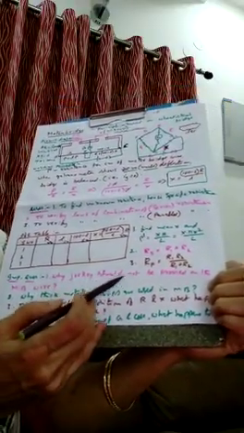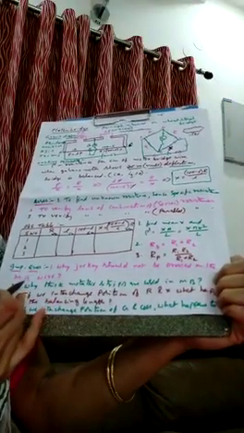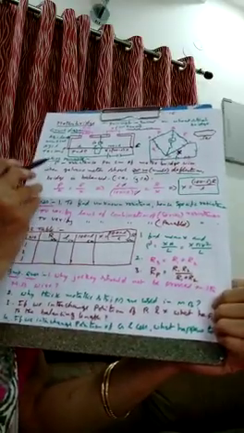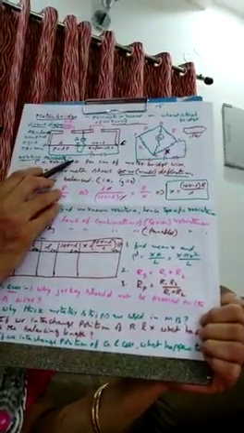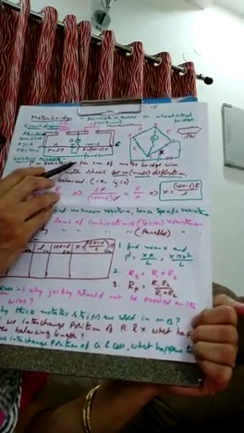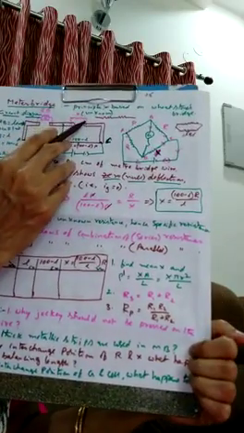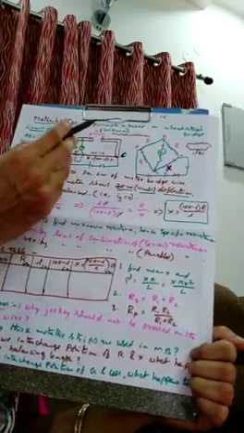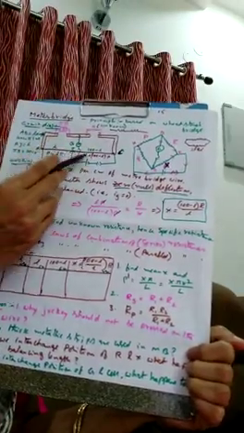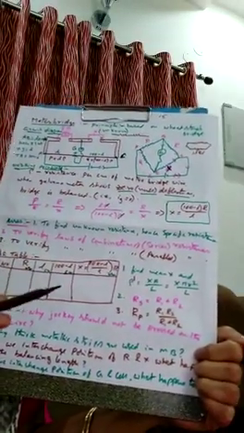Why should the jockey not be pressed on the meter bridge wire? Why should it not be pressed? You should just slide it. You know why? If you press it, the area will change. If the area changes, the resistance of the wire also will change. We are not getting exactly the resistance of this wire only; in the answer, the resistance of this wire is also included, which is not the correct answer.